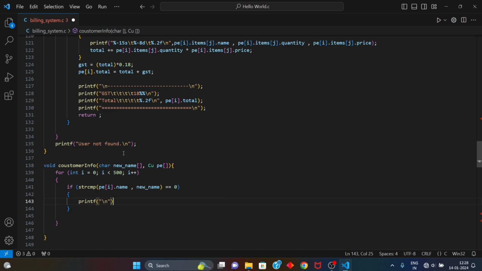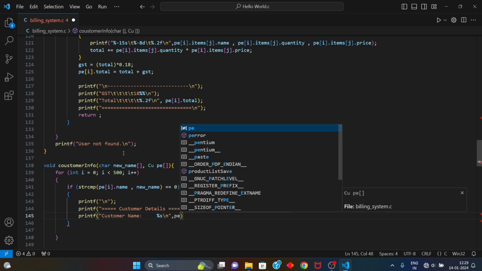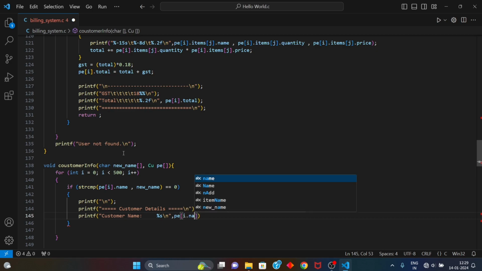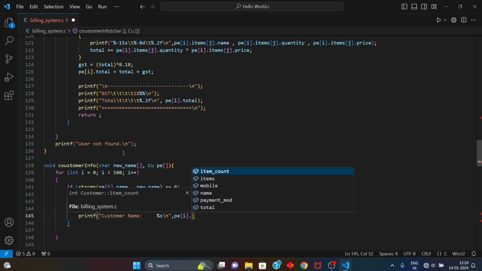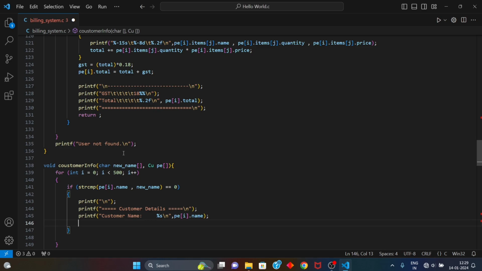printf next line, and here print is equal to customer details is equal to next line, then printf customer name, then here we write it is yes new line, p[i].name, sorry, p[i].name, then we simply copy this one